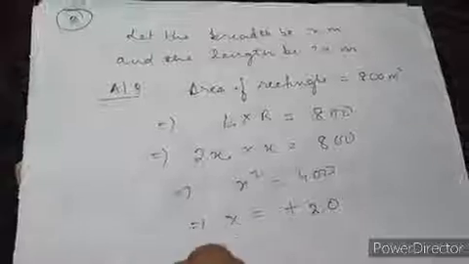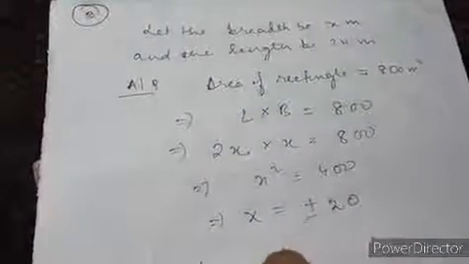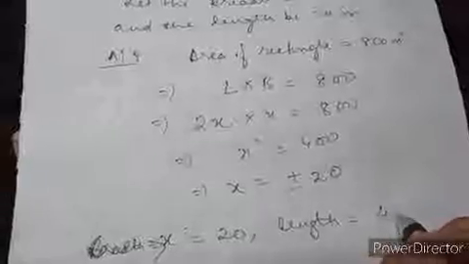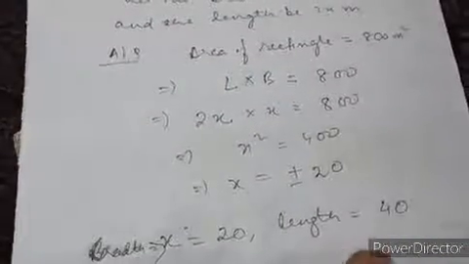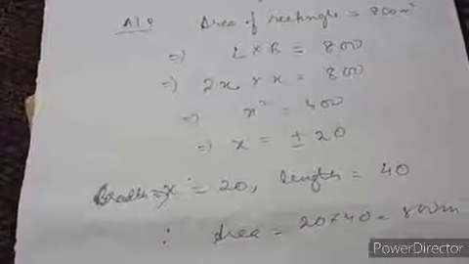So suppose if we take breadth, that is x equals 20, then our length will be how much? Double, that is 40. And if we calculate the area, it is coming to be what? Length into breadth, that is 800. So your question was, is it possible? So the answer will be yes, and it is possible to design. Therefore, we are getting our breadth to be 20 meter and length to be 40 meter. Okay.